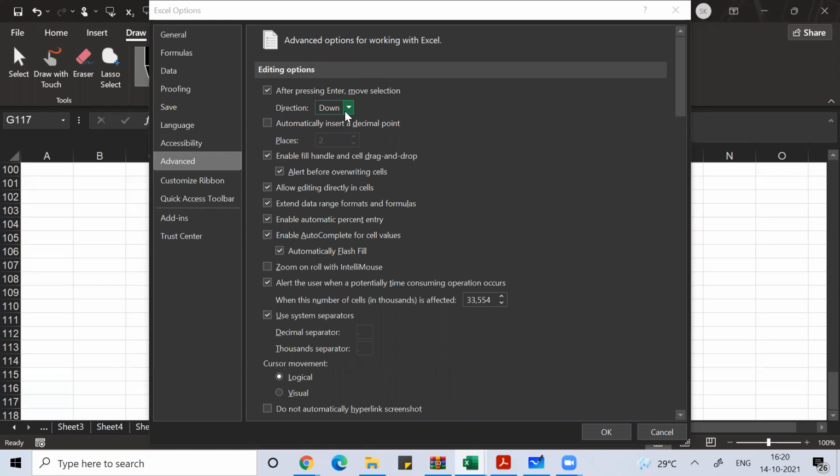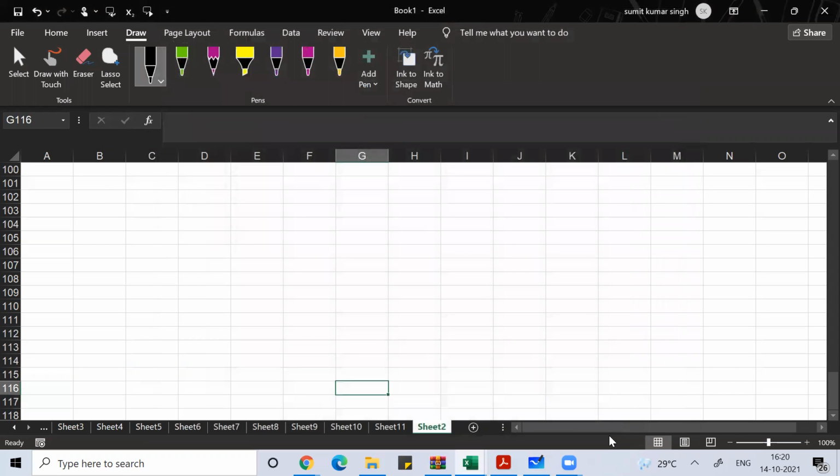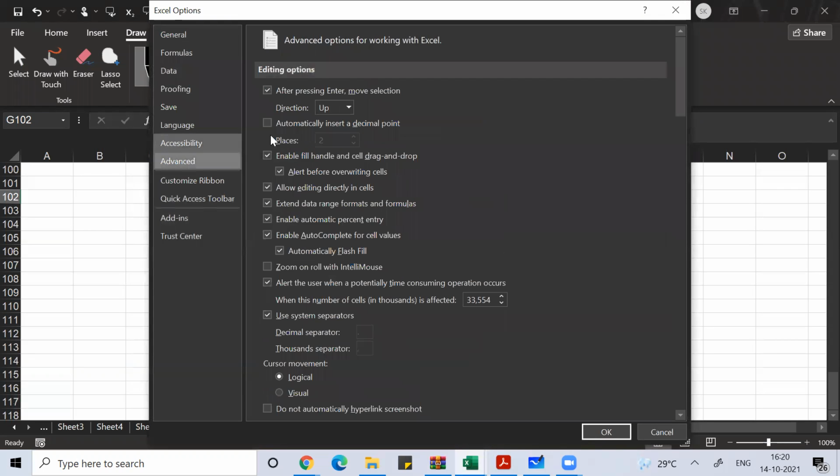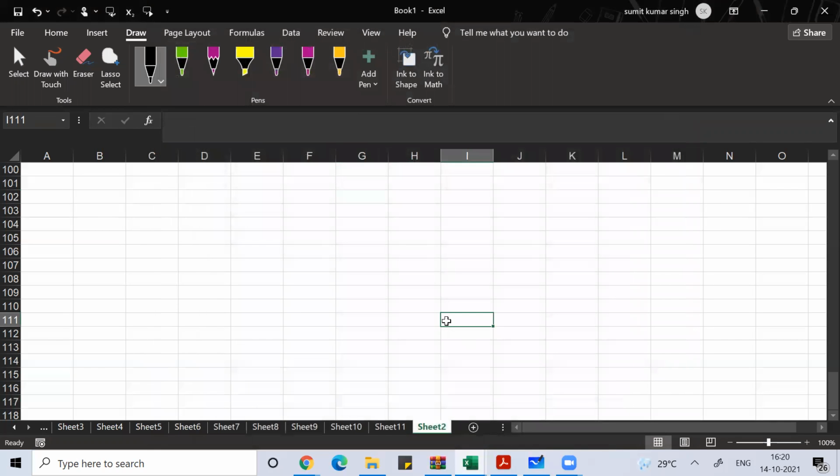Here by default it is down. If I make it up or left or right and press OK, next time when I press Enter, it is not going down, it is actually going up, because I've changed it. So you can go there, go to Advanced, then direction, and make it down. So it will be down.